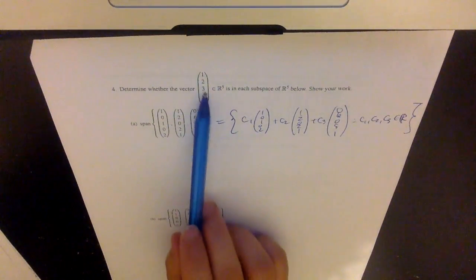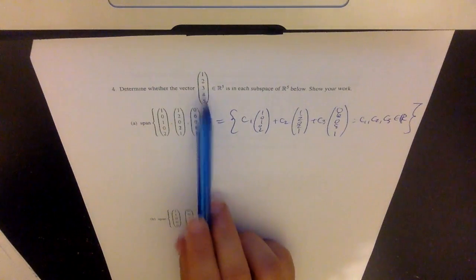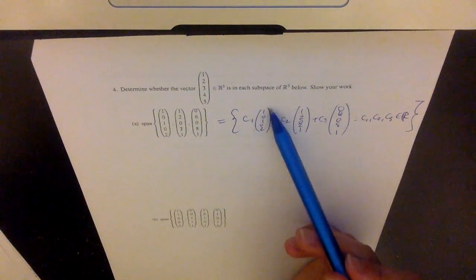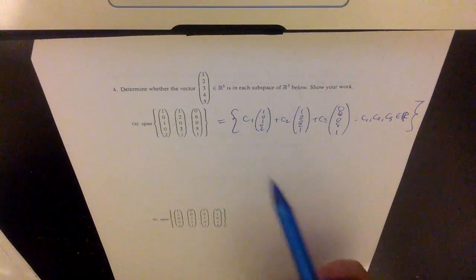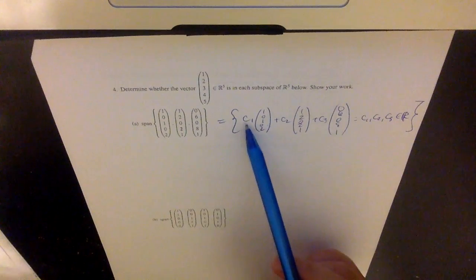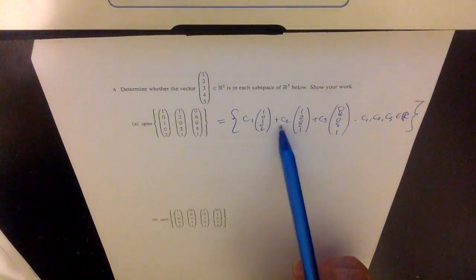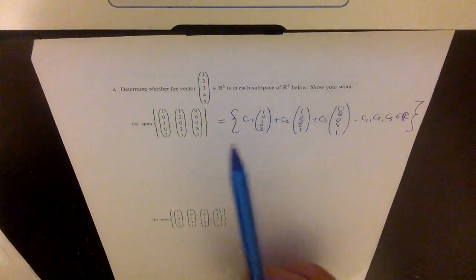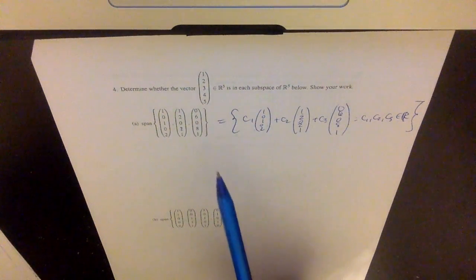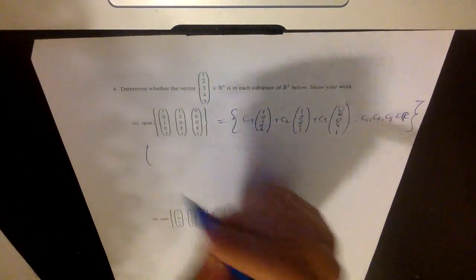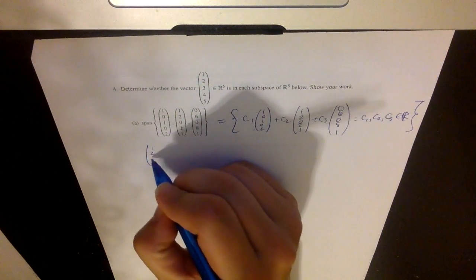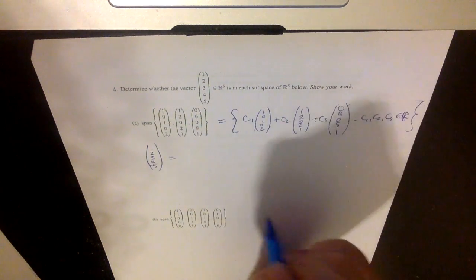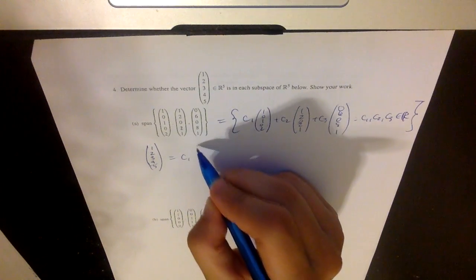So if we want to show that this is in the span, we just really want to show that this is in this set of linear combinations. Or in other words, we can find coefficients so that your particular c1 times the first vector plus your particular c2 times the second vector plus your particular c3 times the third vector is equal to this vector. So in other words, we want to solve the system of equations. We want to show that there are coefficients